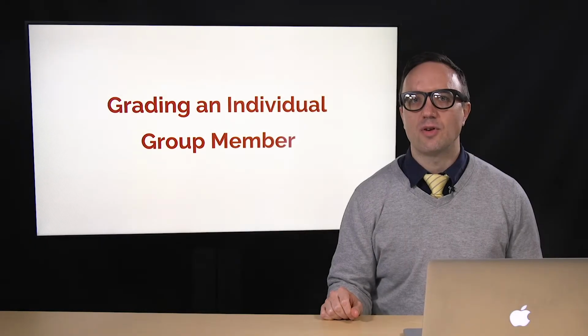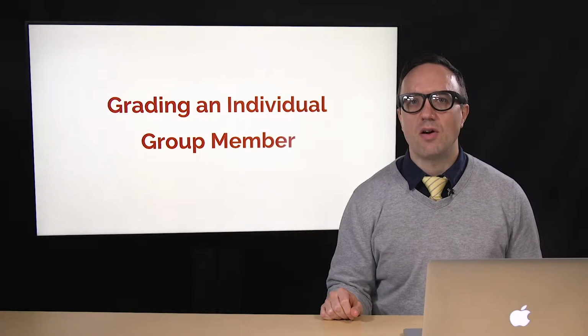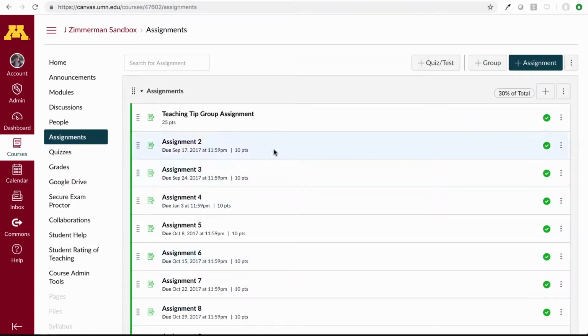The default setting for group assignments in Canvas is to give all group members the same grade. Sometimes you need to give an individual student a different grade than the rest of their group. Here's how. Open the assignment